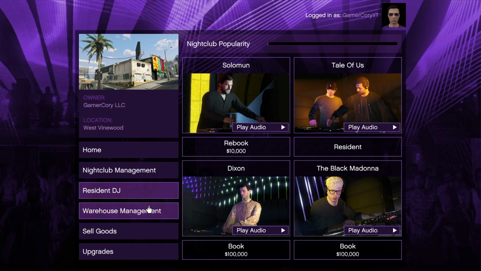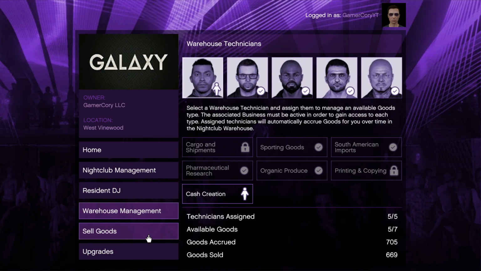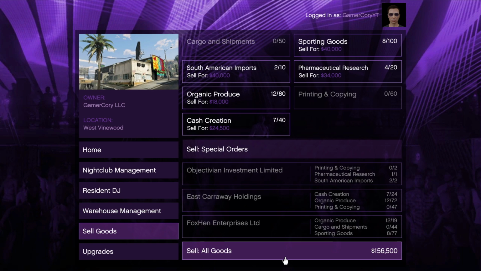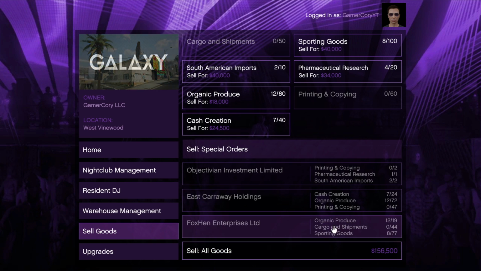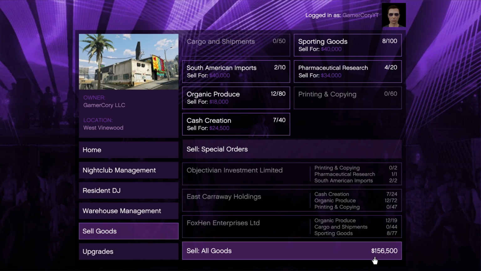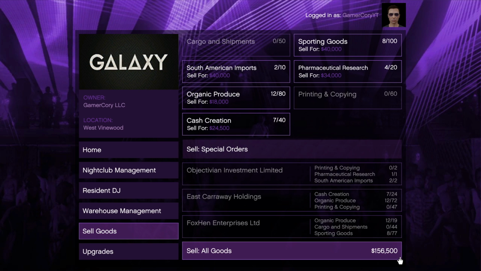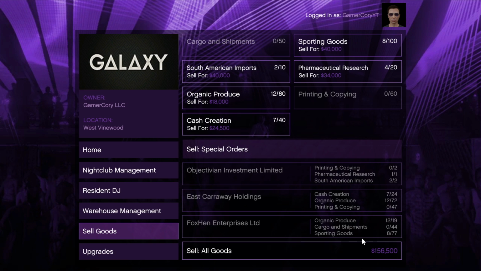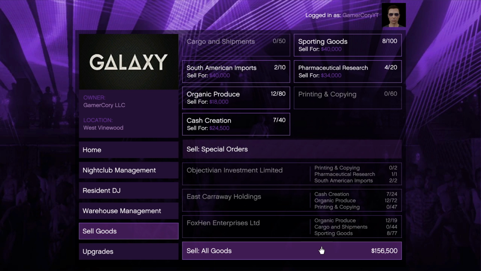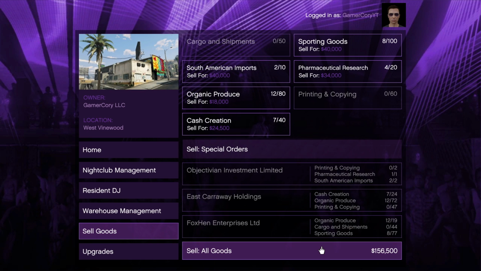Resident DJs don't really matter. Your warehouse management, we kind of already gone over. You can sell your goods. You can have the different opportunities. I really only sell all of my goods at once. You can see that my goods right now are worth $150,000, and I've already sold them once today. And Tony will take a 10% cut. So in this case, I would only get about $140,000 from it because he will take that 10%. And the max that Tony will ever take is $100,000. So if you can get your sales over $1 million, they're going to make you guys the most amount of